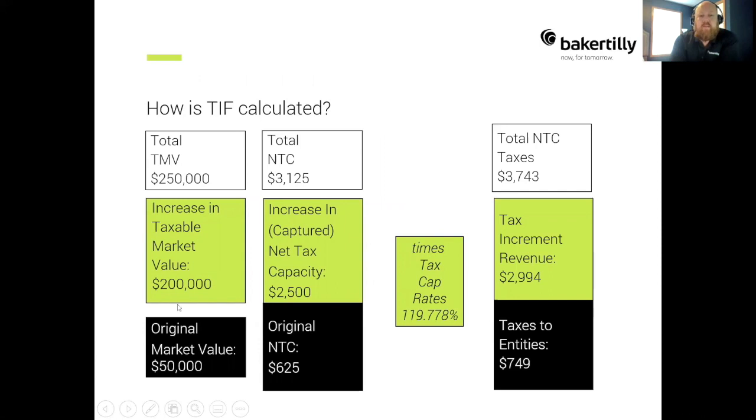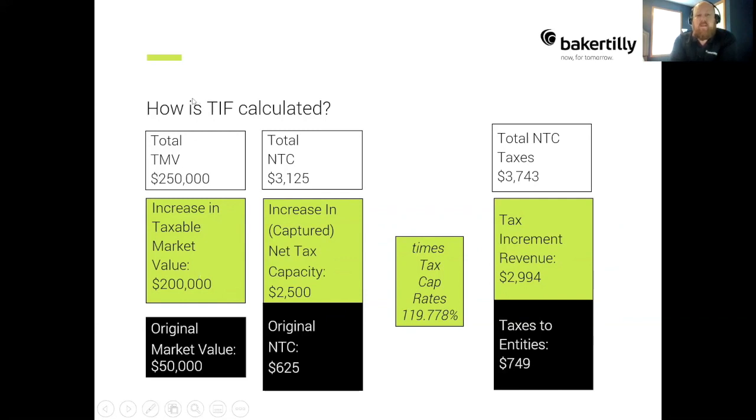So the important thing to remember with TIF is that the original value and the value that's in place on the property now continues to remain in place and continues to go to the taxing entities at the level that it's currently being calculated at. So there's no loss of existing market value or tax base to the taxing jurisdictions as a result of a tax increment district being created. What is lost is the increase that would result from that project in market value and in tax revenue. That incremental increase, these green numbers here, is the amount that gets captured as tax increment revenue and diverted back to the city or the port authority.